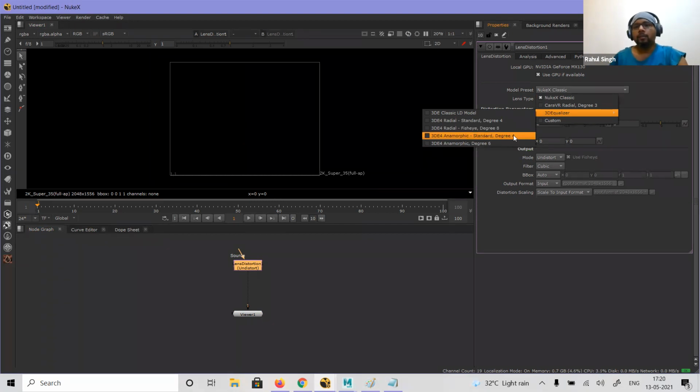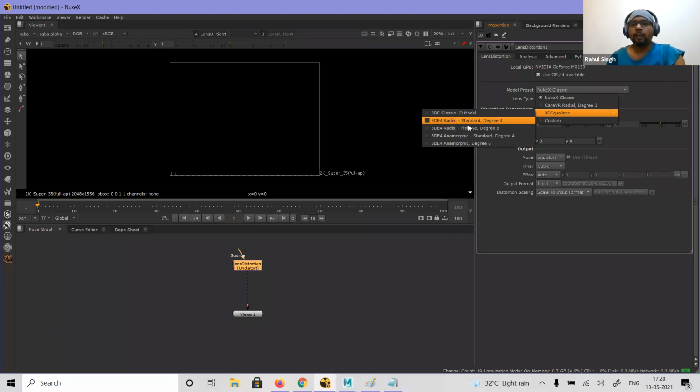Basically, if you have a fisheye, you will use degree 8 and so on. For normal footage, degree 4 is much better, and that is the standard. The standard is degree 4. Between 35 and 80 mm, you will get a degree 4 type of lens distortion. If you are using anamorphic or anything similar, you will get a degree 8 or degree 6 type of lens distortion, because that is more angular.